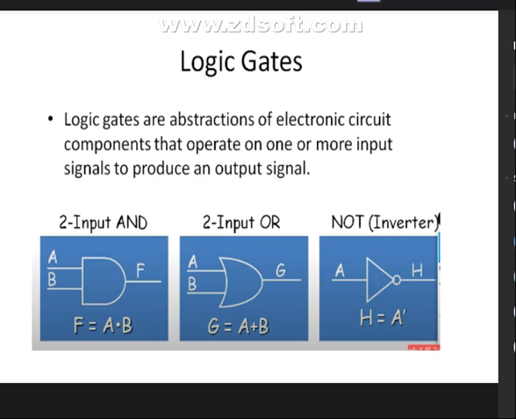See, basically the logic gates are abstractions of the electronic circuit components that can operate on one or more input signals to produce an output signal. It can operate on more than one input signal, which can produce an output signal. Okay, next,